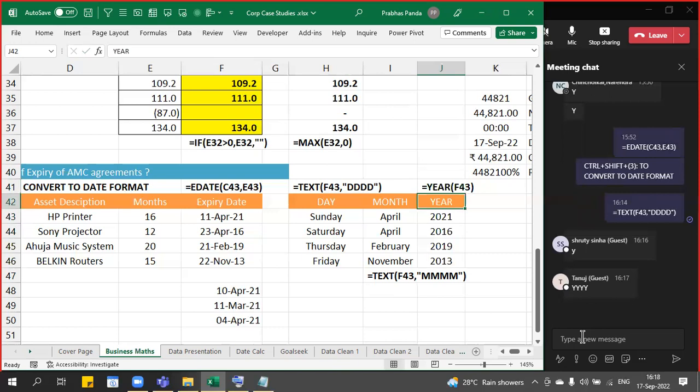This is how your formula would be pretty helpful also. Because when you download the data from SAP or ERP system, in most cases you will find only a date column, like date of joining, purchase order date, work order date, execution date, received date, sanction date, like that. So sometimes when you are working with multiple year data,